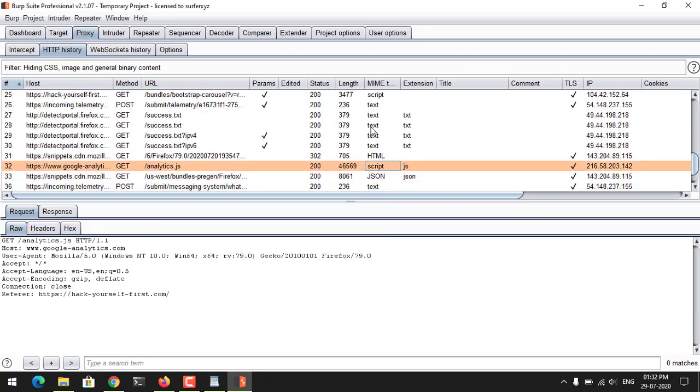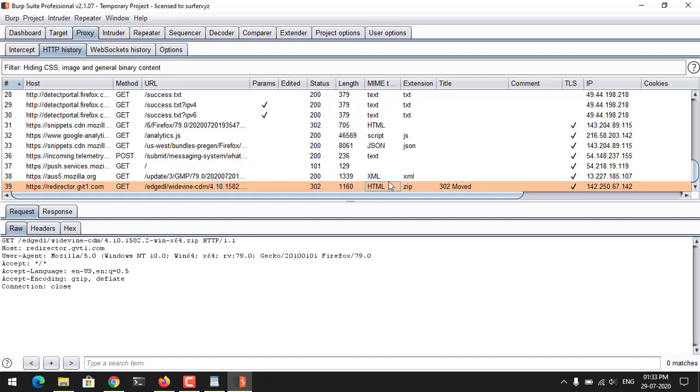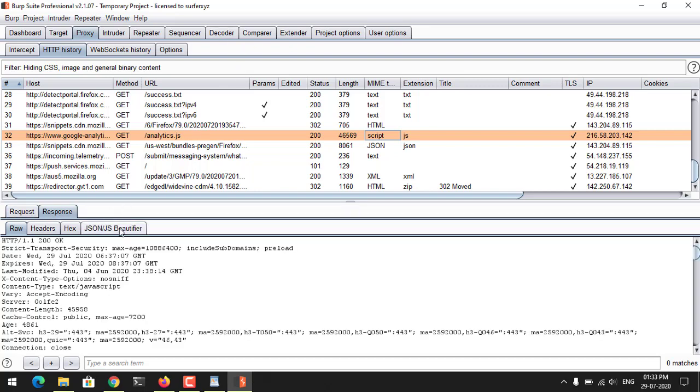Okay, here it is. I don't know which file it is, but we will go with this. Okay, it looks like Google's file. But anyway, we only have one file, so we will go with this file. Okay, so here it is.